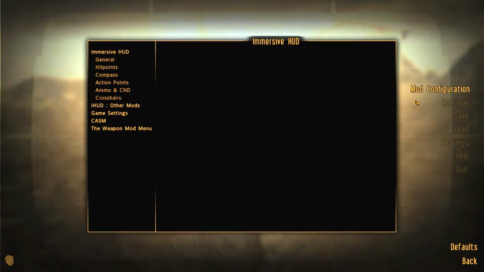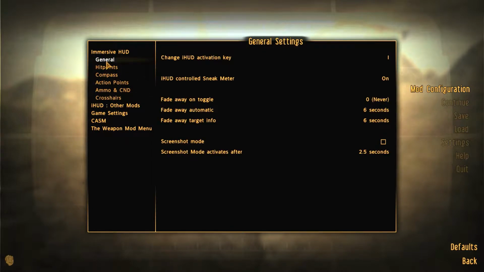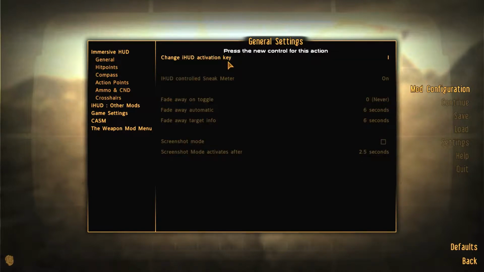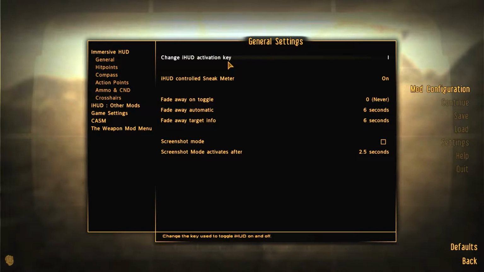When you click it in the mod configuration menu, it'll bring down these sub-menus. Starting with General, you're going to see the HUD activation key. The default activation key is I, and you can press any key that you want to change that command, but I'm going to keep it as I. And you also have